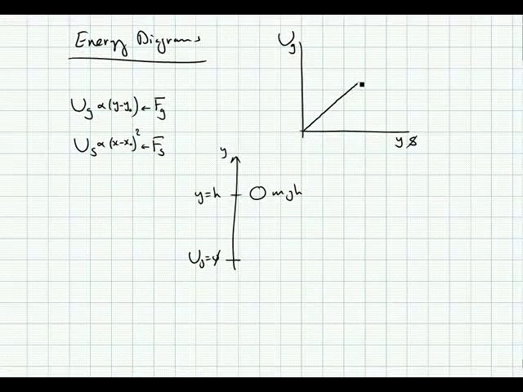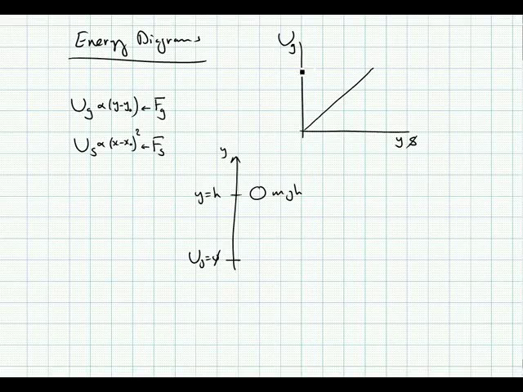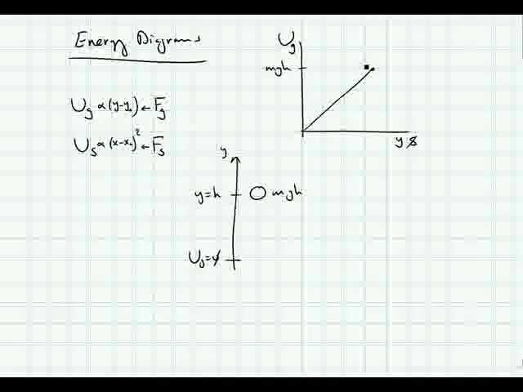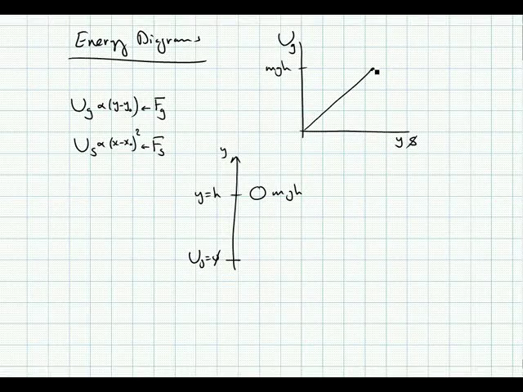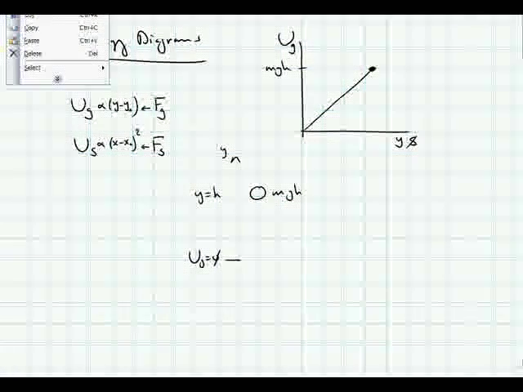As the object rises in altitude, its potential energy goes up respectively till this is mgh. So this point up here corresponds to the position